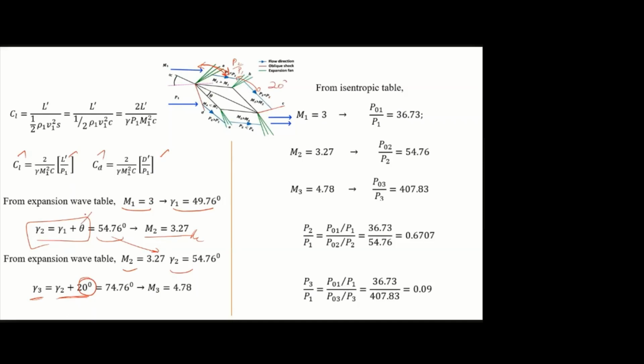Okay, and here if you take this, it will be 5 degree. Alpha minus theta is 5 degree. That only we have taken here. 49.76 plus 5, it is 54. Now this theta you have to take. You can find gamma 3 from that, M3. Once you know M2 and M3,